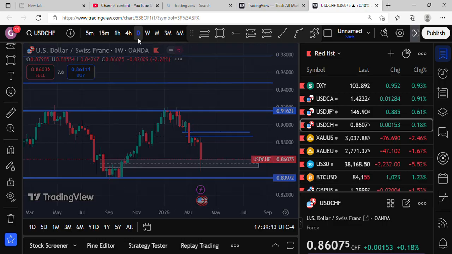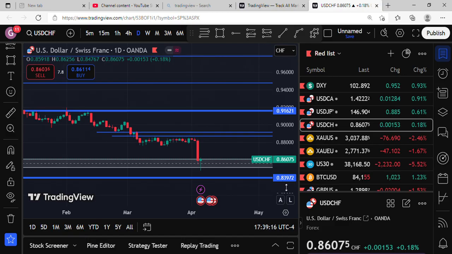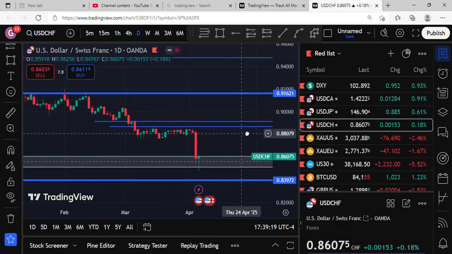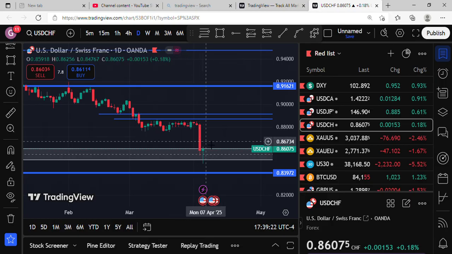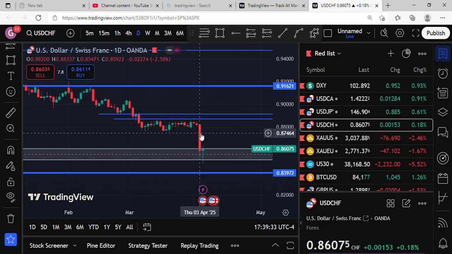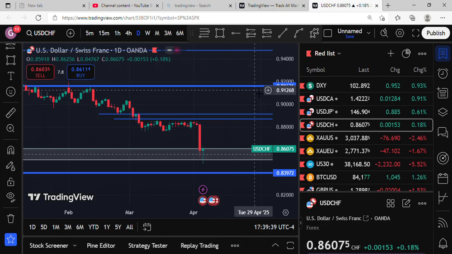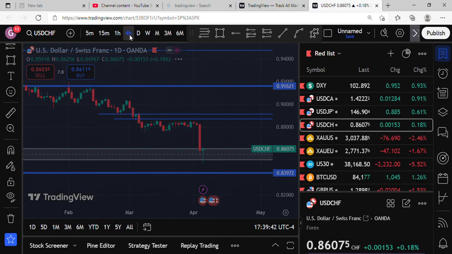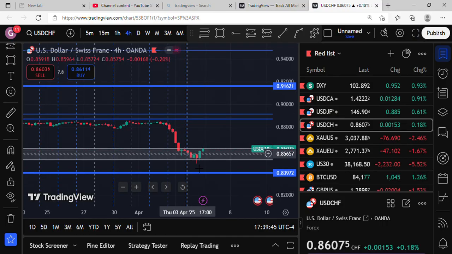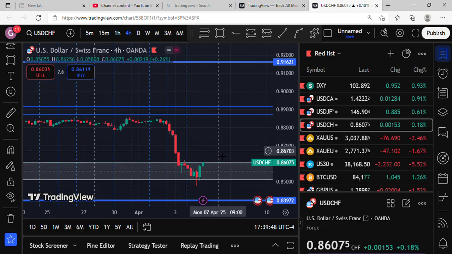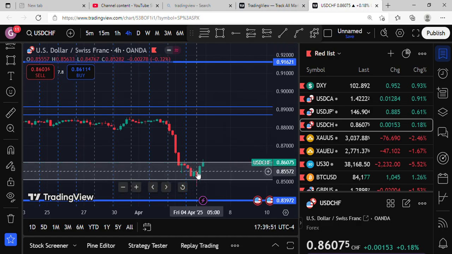Okay, so we move into the daily and the 4 hour to see what makes sense, how we can make sense of this entire trade. So currently we see that we have left this huge bearish fair value gap here, and for price to continue in a bullish run, we would want to see price break through this bearish fair value gap to the upside before we continue moving to see higher prices, right? Then currently we have formed this bullish order block inside of the monthly inverse fair value gap,